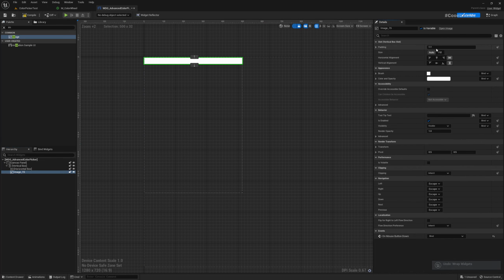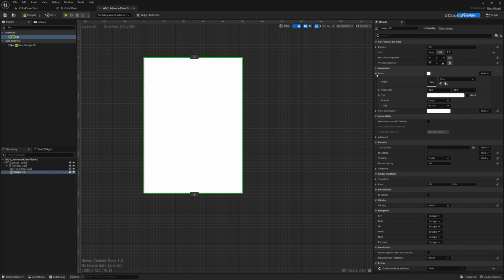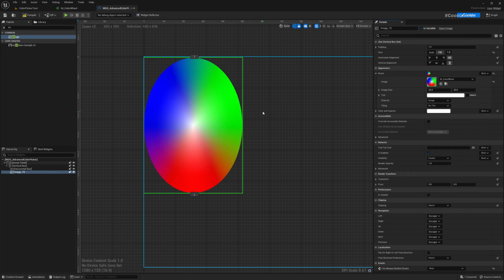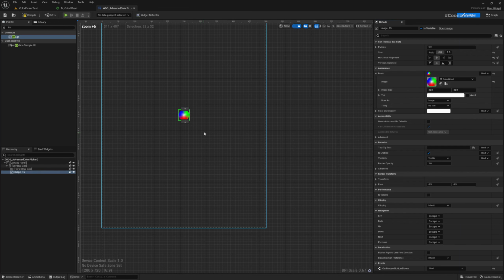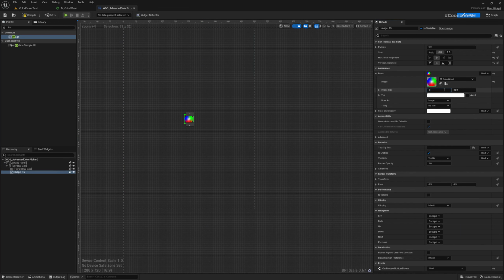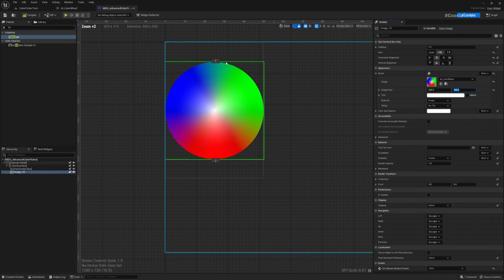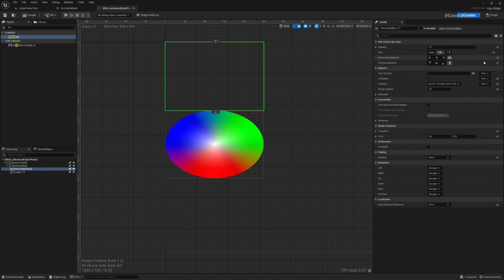Okay, so I'll make it fill, and I'll use the material M color wheel, and it's stretched, but we will fix that. Oh, can I do this? Right, 500 by 500. Alright, now the horizontal box. I'll set that to fill. Oh no,